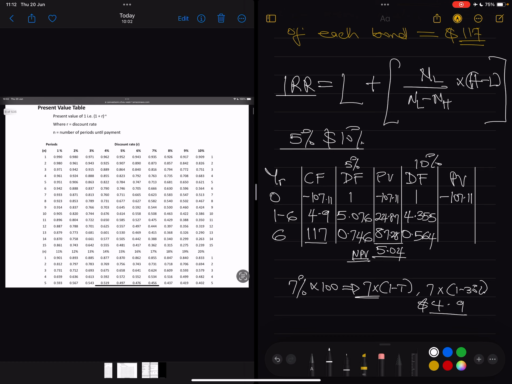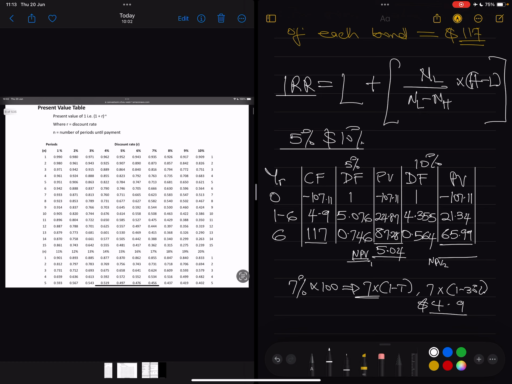107.11. Then we'll have cash flow of 4.9 multiplied by 4.355 annuity factor, and that gives 21.34. Then we have 117 cash flow multiplied by present value factor of 0.564, and that gives 65.99. And when we add everything together, we'll have our second NPV,